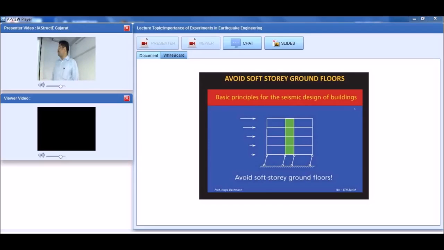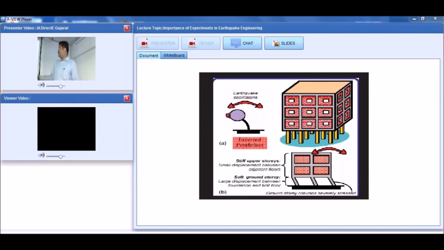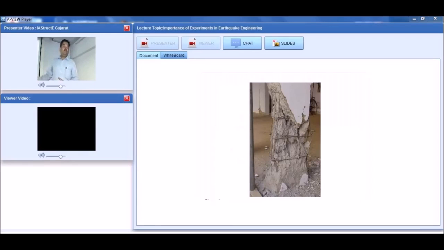Next. So what is going to happen? It will behave as an inverted pendulum, right? This total mass is concentrated at this level on these columns. That's all. So it behaves as an inverted pendulum. Next. So what is the effect? We can see these are the damages observed in soft story